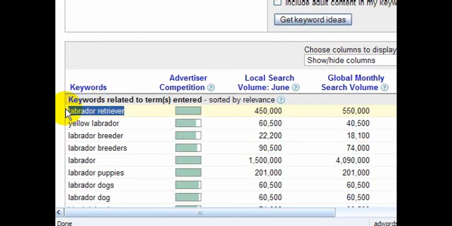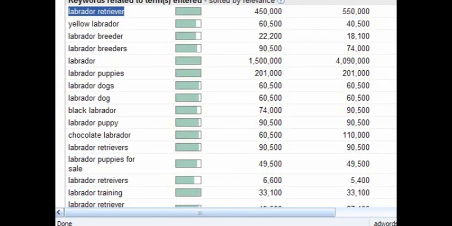But it's just a great way to actually know what people are looking for if you want to talk about Labradors. So you want to talk much more about Labrador Retrievers than yellow Labradors. You also want to talk about yellow Labradors, but you want to talk about Labrador Retrievers more often. Okay? The other tool that I want to show you today is the